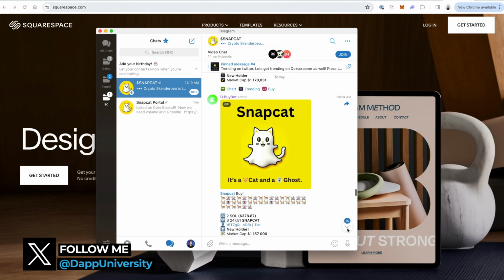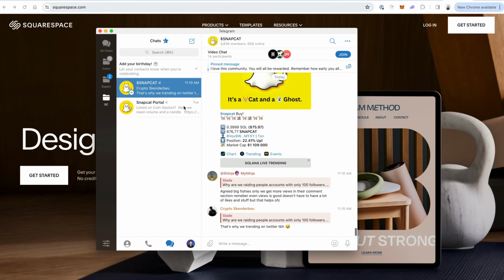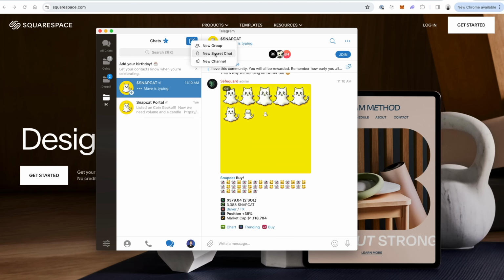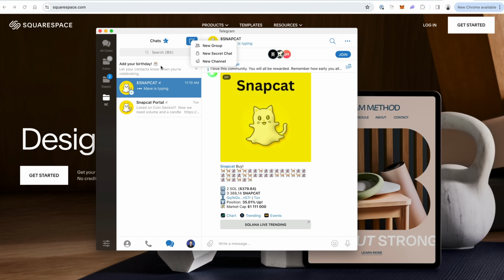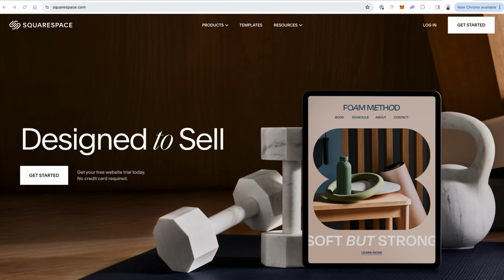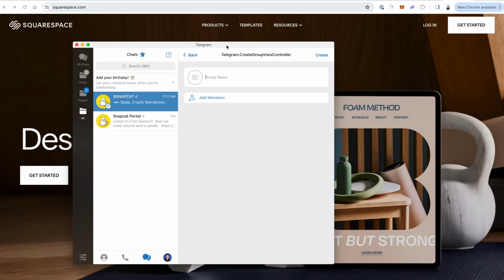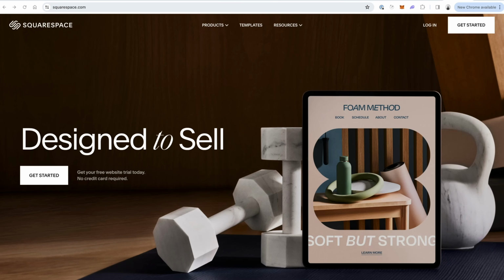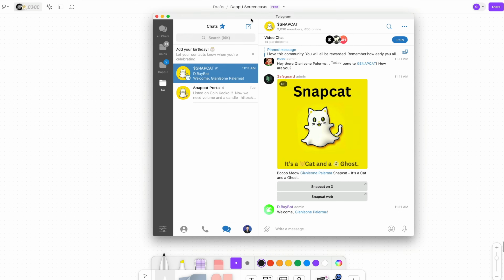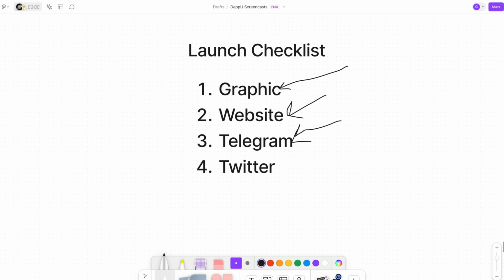So how do you create a Telegram group? It's pretty simple. You obviously need the Telegram app in order to get started, but you can just do this and just create a new channel if you want to do the announcement channel that links to the group. But if you want to create the group, just click on this icon. I'm going to do it off screen because it's going to pull up my contacts. And then here you're just going to have your group name. You could just say my MemeCoin. You could add new members, click create, and bada bing, bada boom, there is your Telegram channel. And then obviously for your Telegram channel, you're going to add your graphic that you created in the previous section as the avatar so people know that it's you.